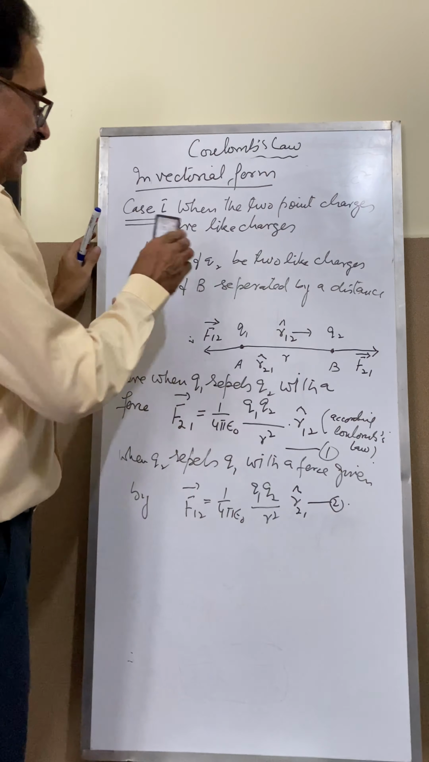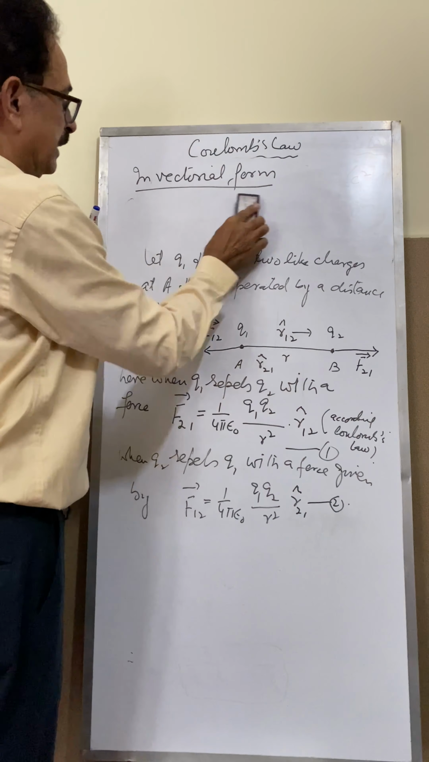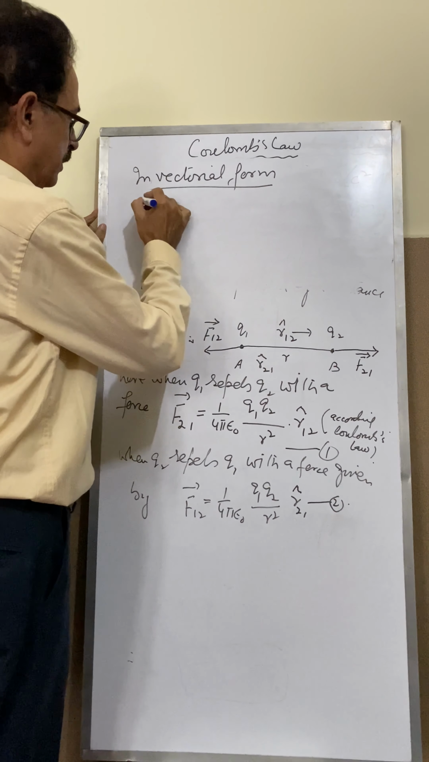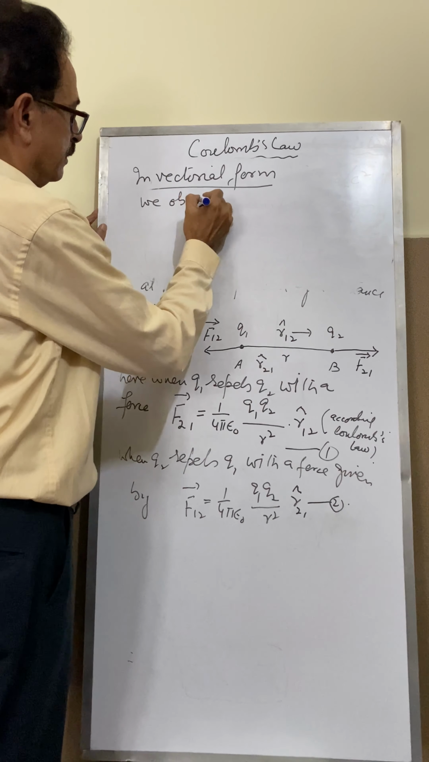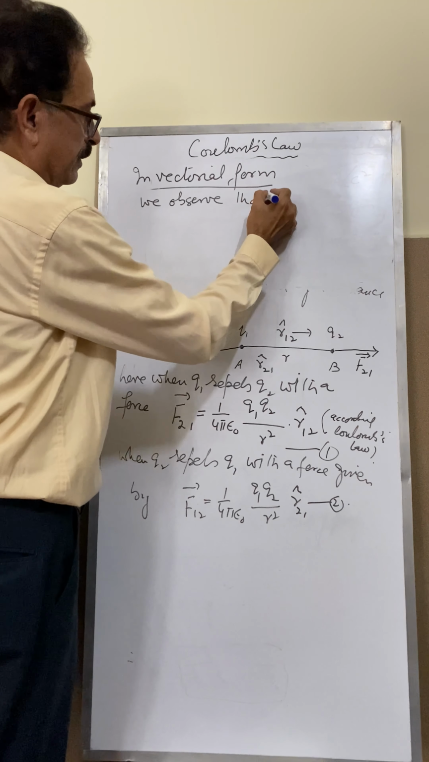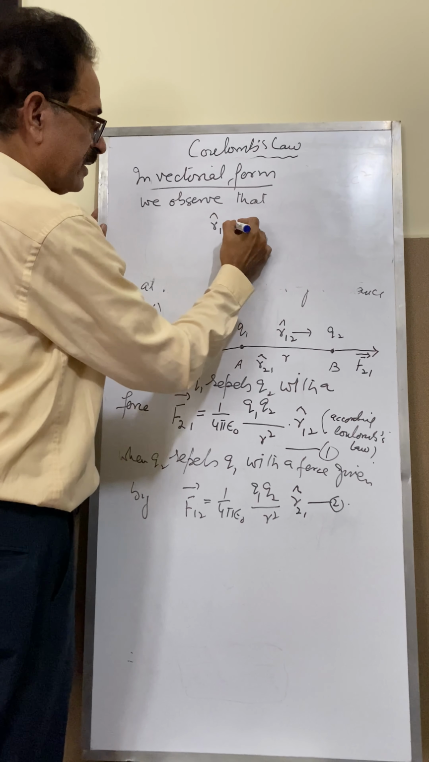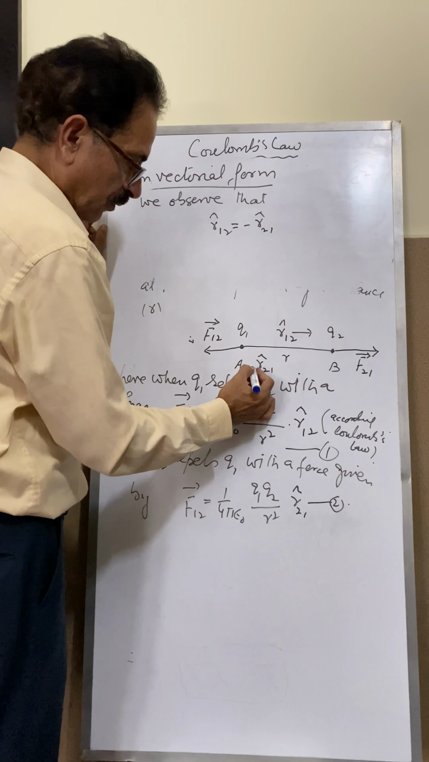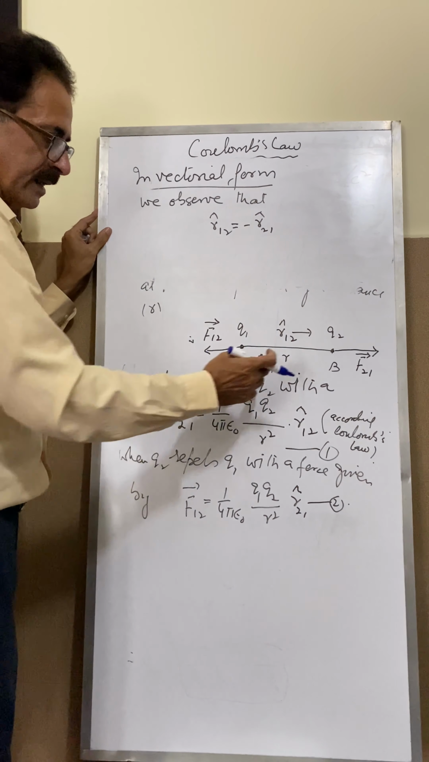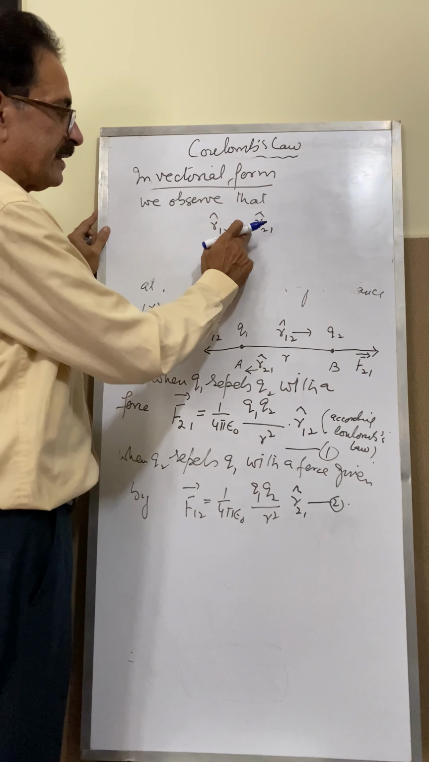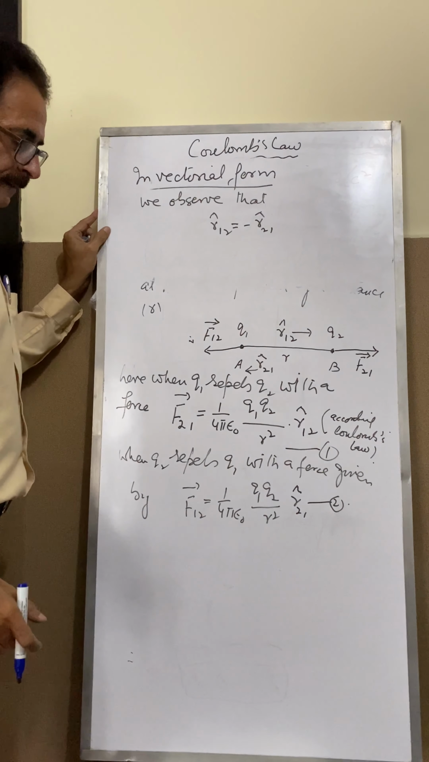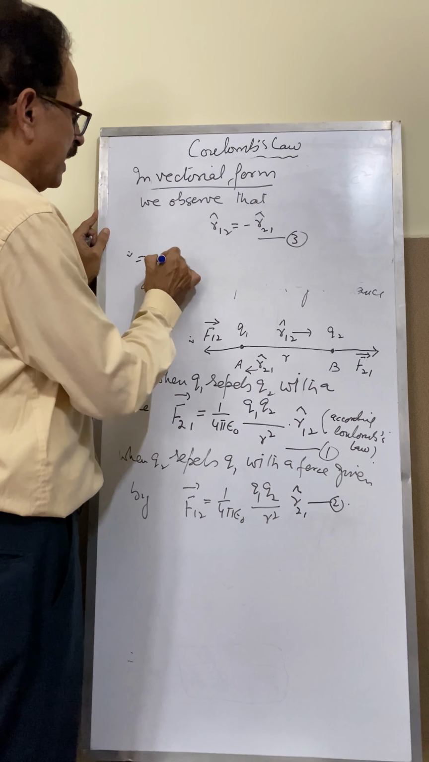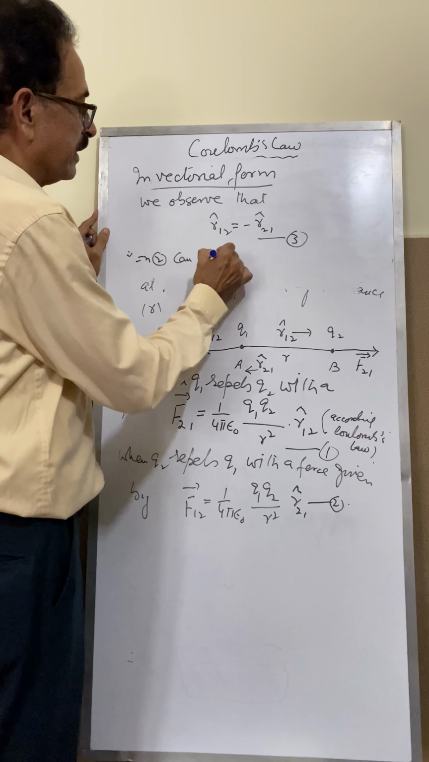But here from the figure we observe that R12 vector is equal to minus times R21 vector. These are two unit vectors. One is towards the right and the second is towards the left. That means this negative shows they are opposite to each other. This you can call third. Therefore, equation second can be written